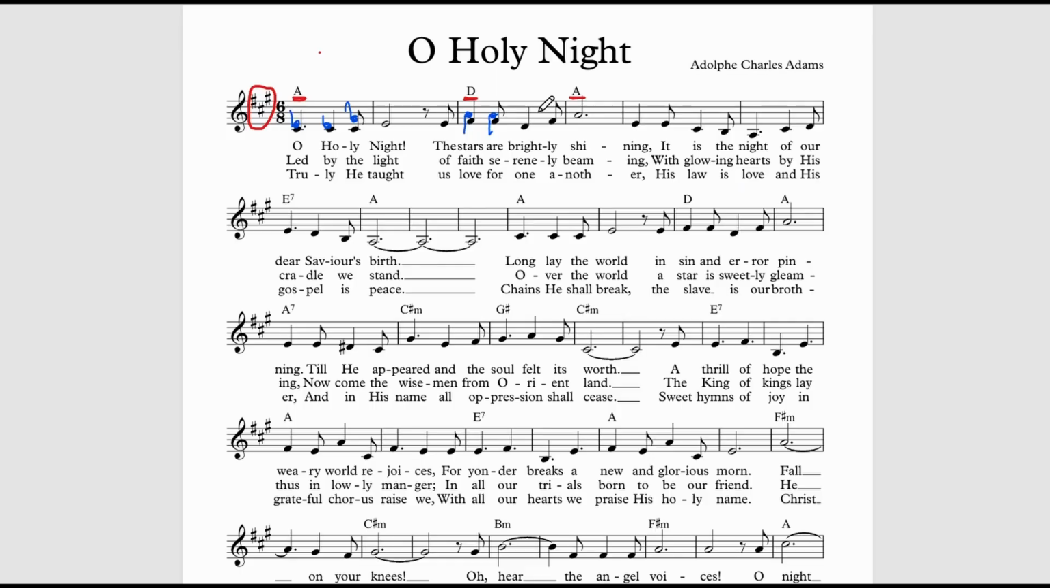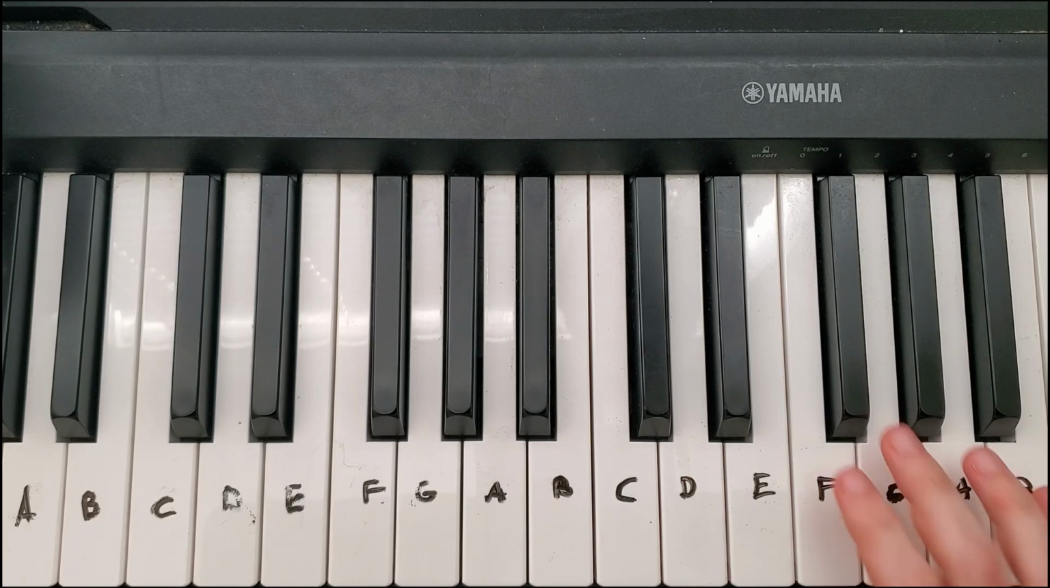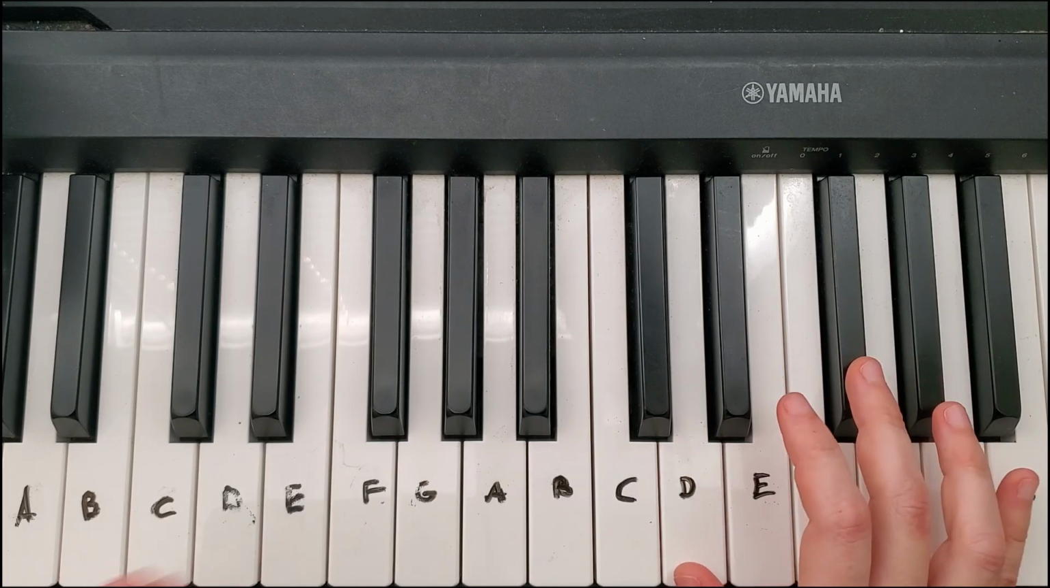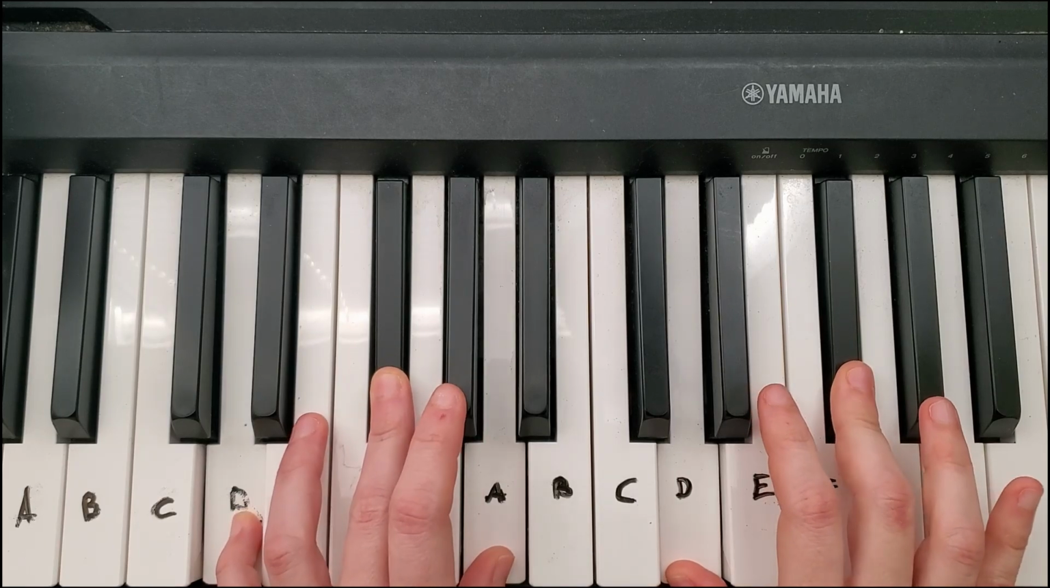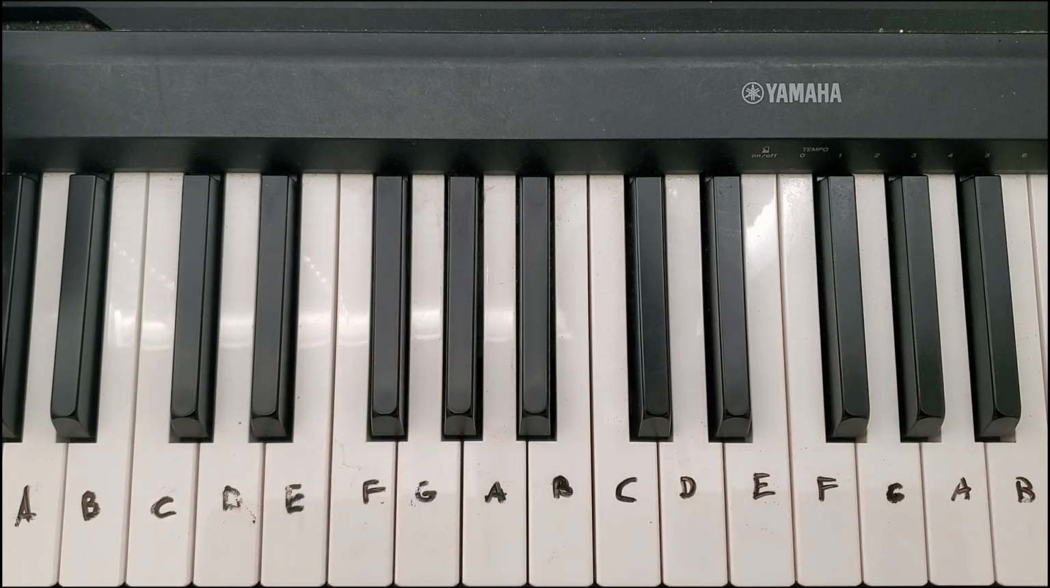I think for the sake of making things a little different, I already did some A's, so I'm gonna move down and do an F sharp as the harmony with this D. And so if I were to play those together, that's what it would sound like. Versus